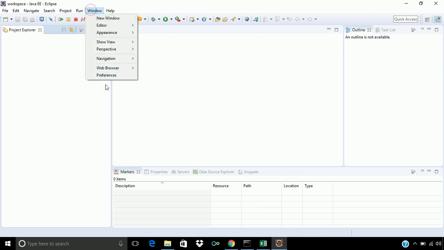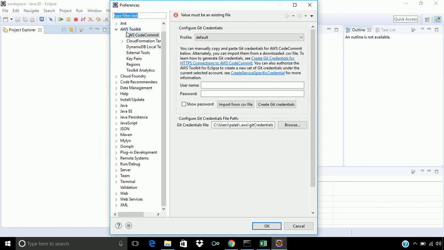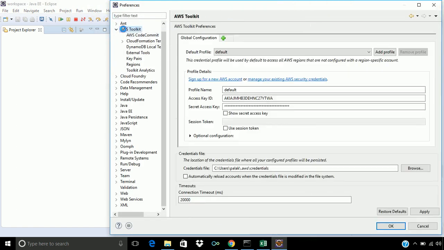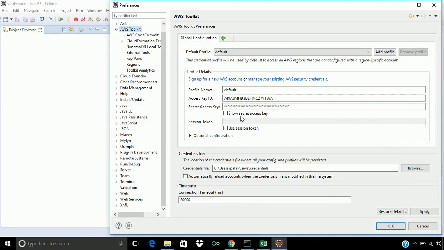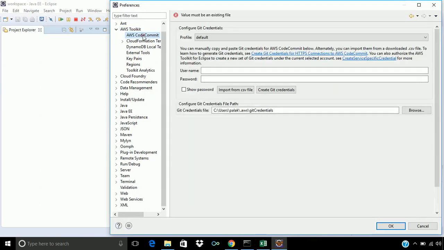Now let's set the preferences for that. Once it has been installed, you can see the AWS Toolkit here. It has already selected the default profile which we have set through command line. So here is the access key ID and secret access key which we have set through command line. Now to access the AWS CodeCommit, we have to set the username and password. So this username and password we have to fetch